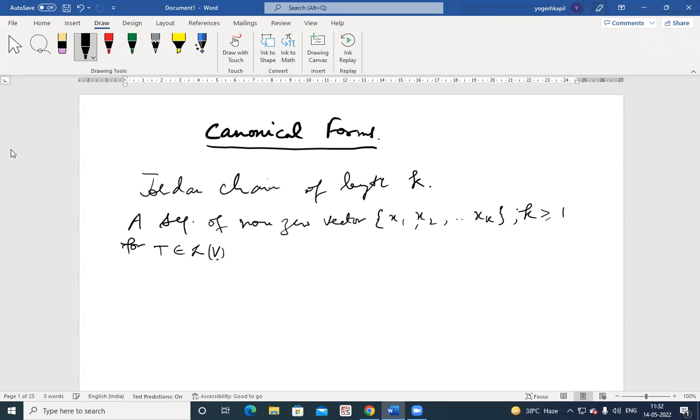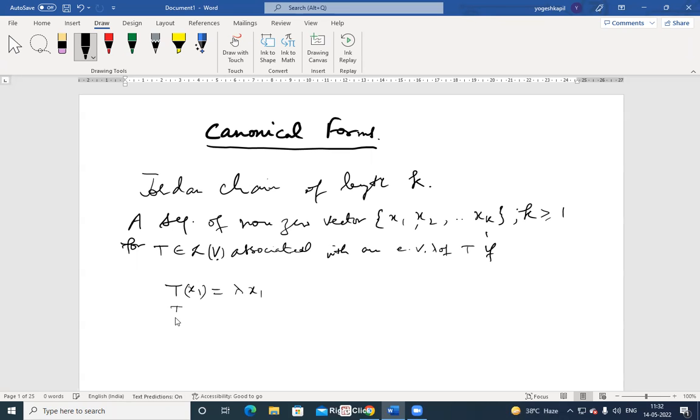V was a finite dimensional vector space, associated with an eigenvalue of T, eigenvalue lambda of T, such that they satisfy, let me write, if T satisfies this: T of x1 is equal to lambda times x1,